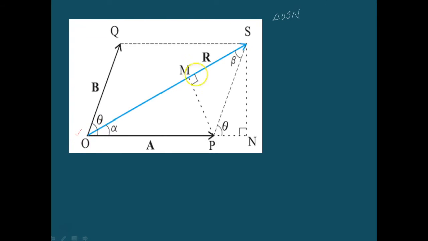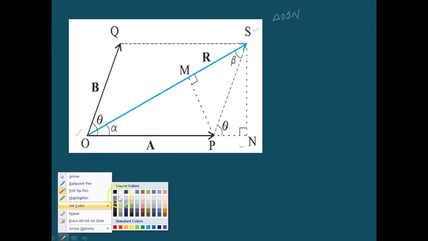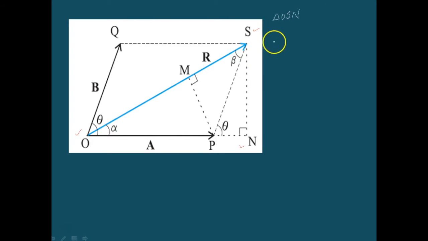In triangle OSN, in this particular triangle, SN is given as OS sin alpha. So OS is nothing but R. So it is R sin alpha. And in triangle